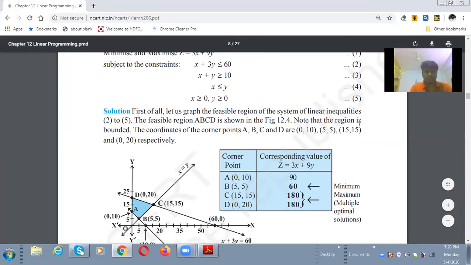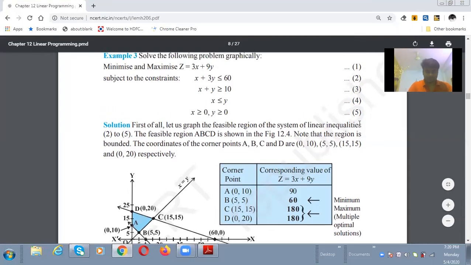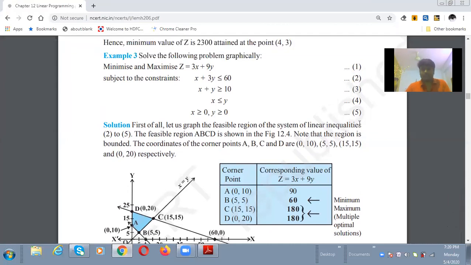Hello students. In the last class, we discussed some basic concepts of linear programming. What is the use or need of linear programming and what is the scope of it? All these things we discussed in the previous lecture. Let us recall some concepts we discussed in the previous lecture.